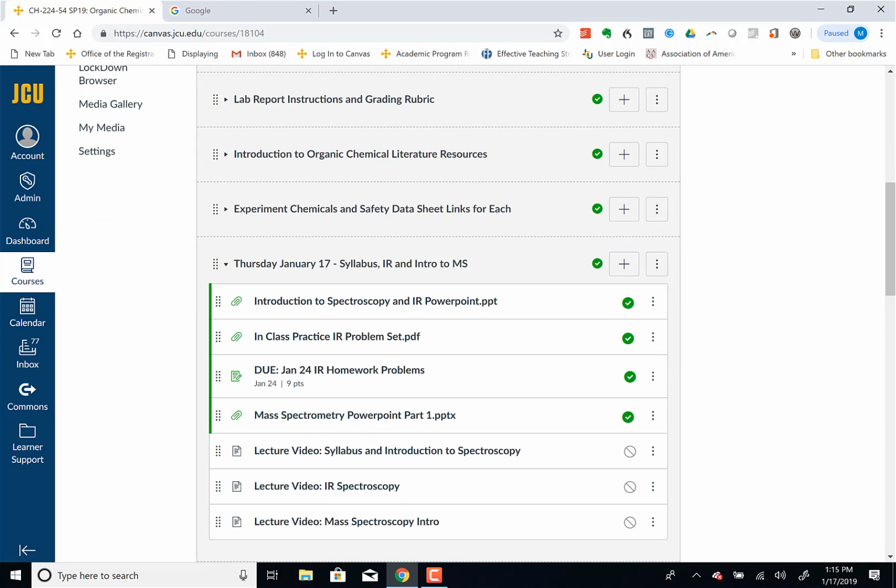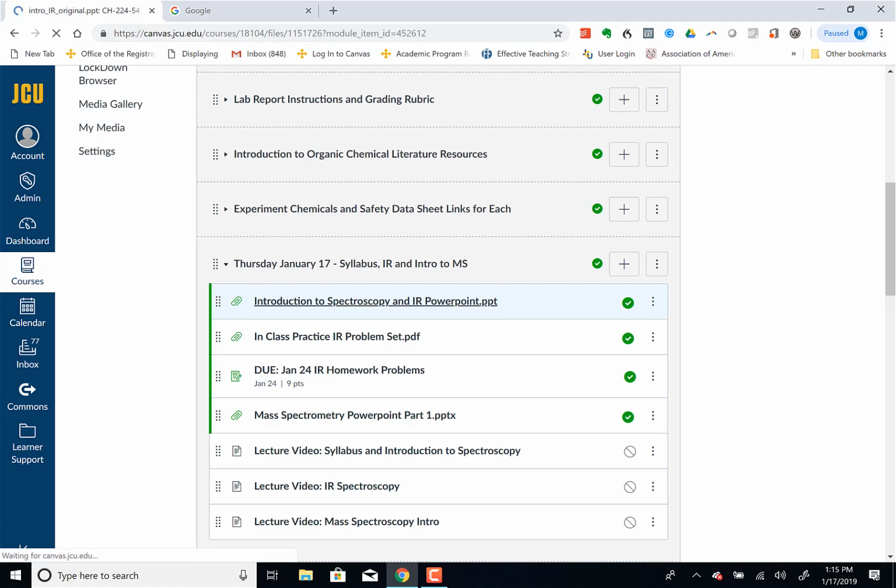In terms of going over the syllabus, you can go ahead and read that. It's going to be very similar to what you had last semester. If you had organic somewhere else, or not last semester, which I don't necessarily see anybody that would fall into that category, then you can come and see me, but I don't see anybody there.